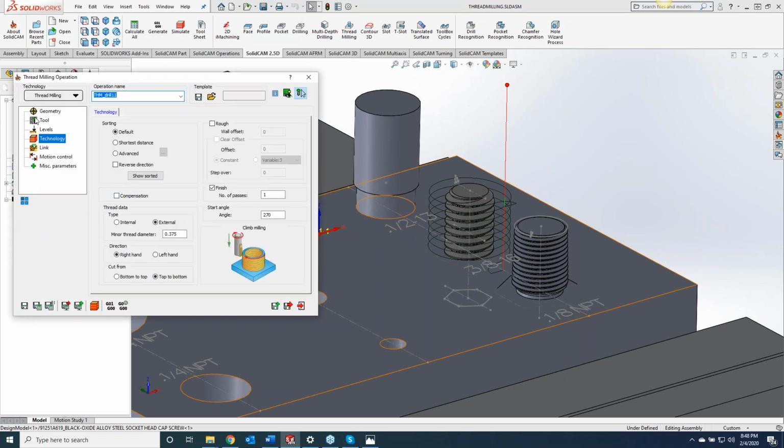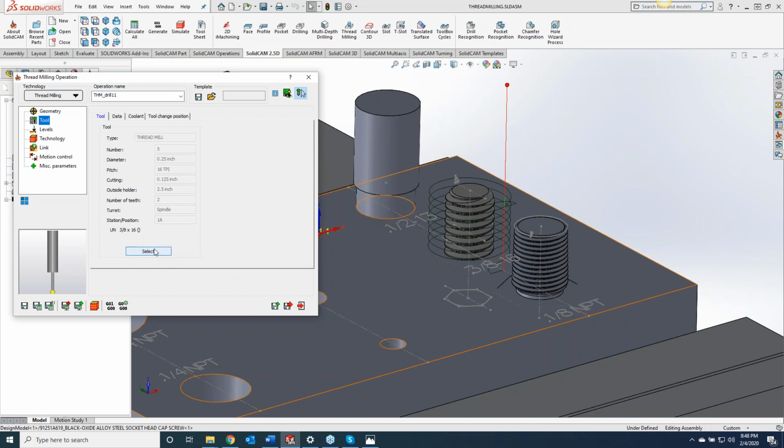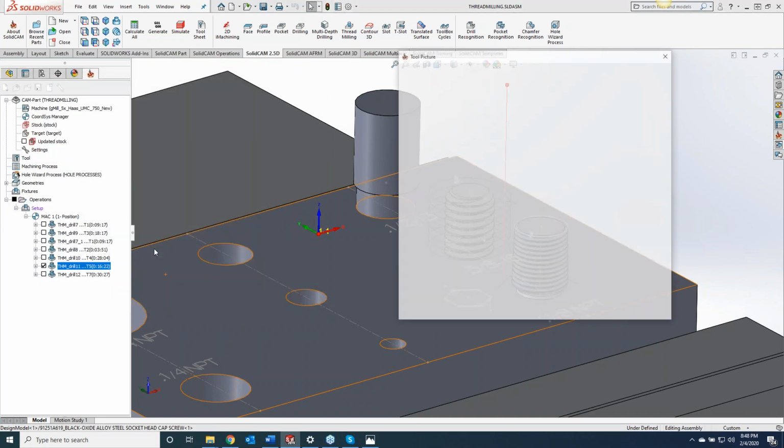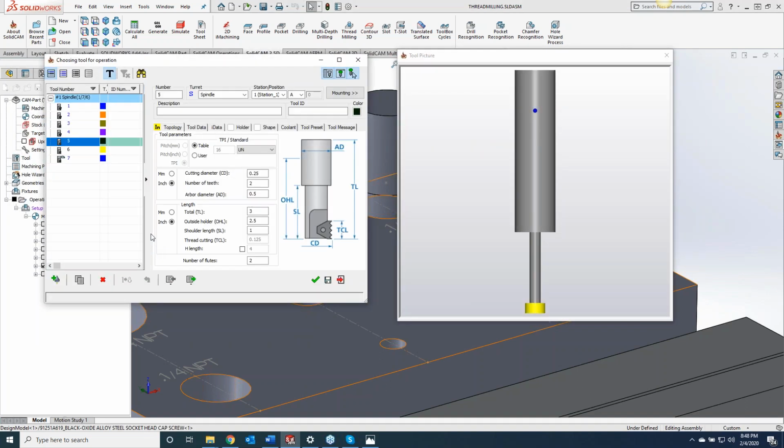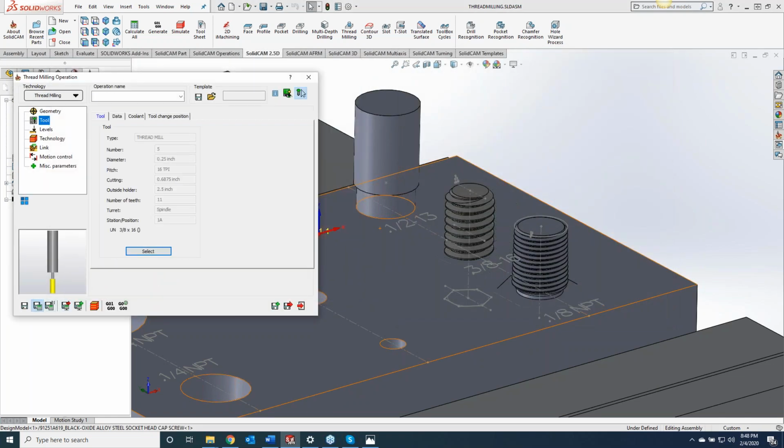So we go to tool, select. And what did I say, 11? Yep. So now you can see that our cutting length has automatically updated based off how many teeth we're cutting. So now, if we go ahead and accept that, save and calculate, now you can see it's only taking it